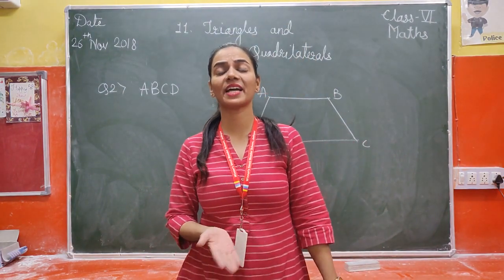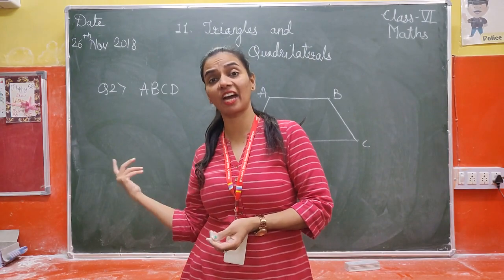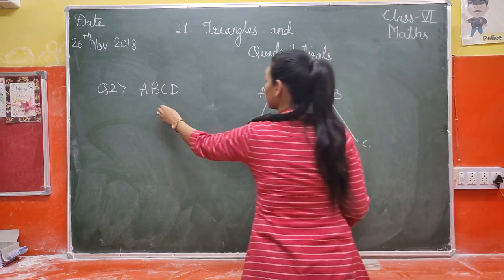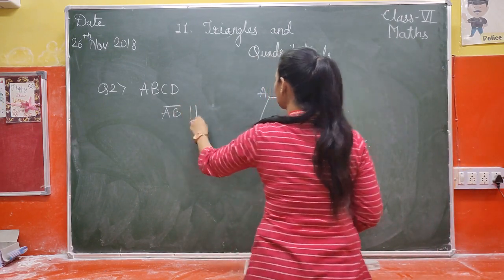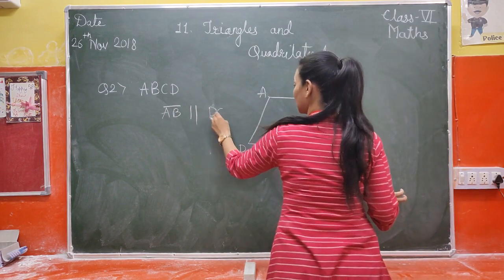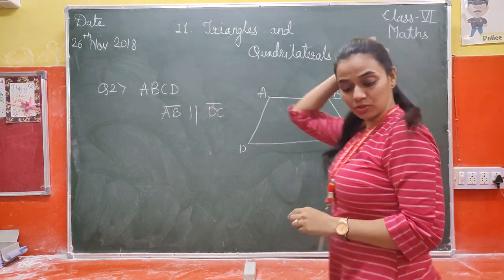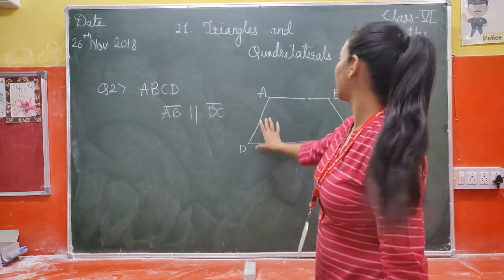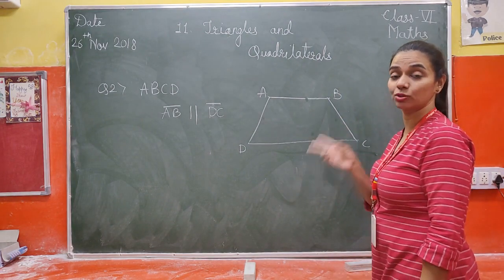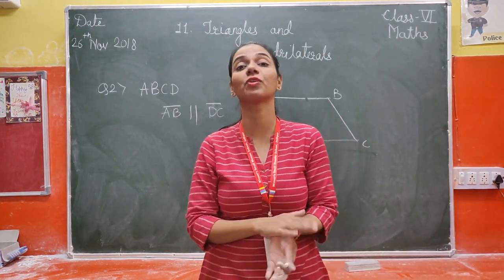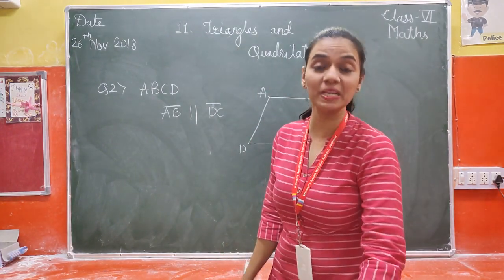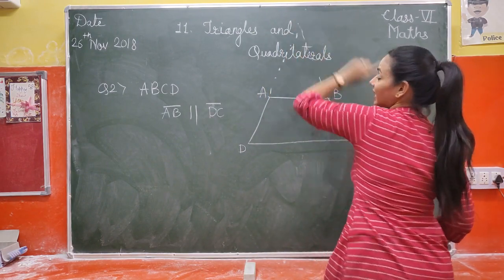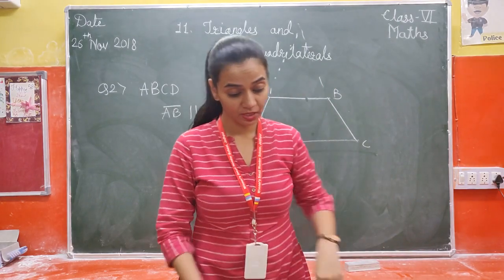So do you know what are parallel sides? The sides that never meet, or if they are extended, they will never intersect each other. So you can see the side AB, that is segment AB, is parallel to segment DC. So you can say these are parallel sides. Now the second one is, what types of sides are AC and BC? Now AC and BC are non-parallel sides. So there are two types of sides. One is parallel and the other one is non-parallel. So you can say that BC and AC are non-parallel because if I extend them, they will intersect at a certain point. So they are non-parallel sides.